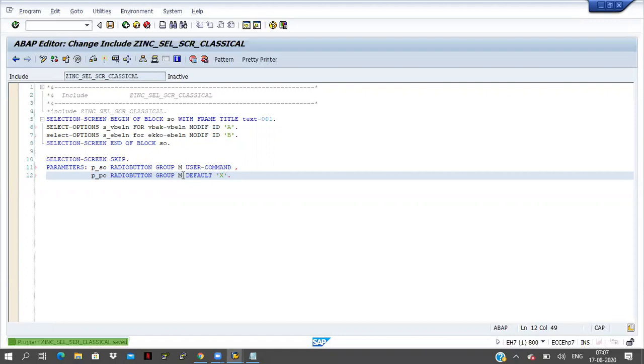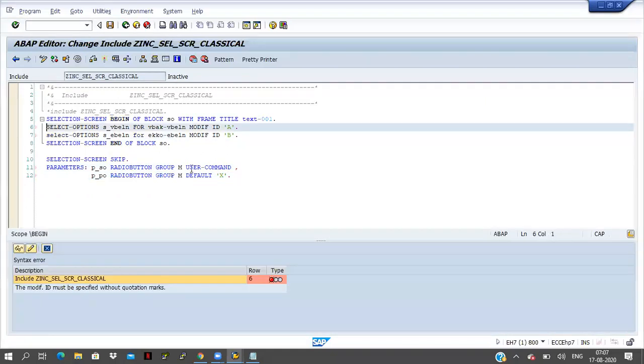Now save it, check it. Some problem is there, right? The modif ID must be specified without quotations. Fine. Let us see.